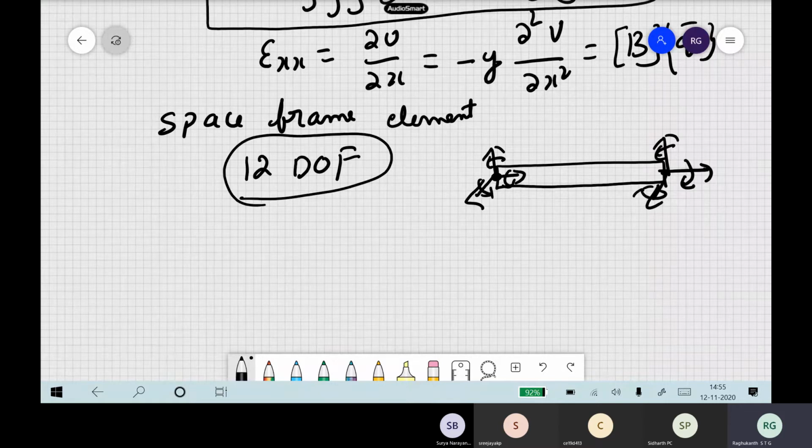So like this, you can do a variety of elements, you followed. The concept is very simple in FEM. Simply you decide how many degrees of freedom there are. So now your shape functions you have to estimate, and then the B matrix, D matrix, and then the stiffness matrix and other things. These are all straightforward things in FEM.